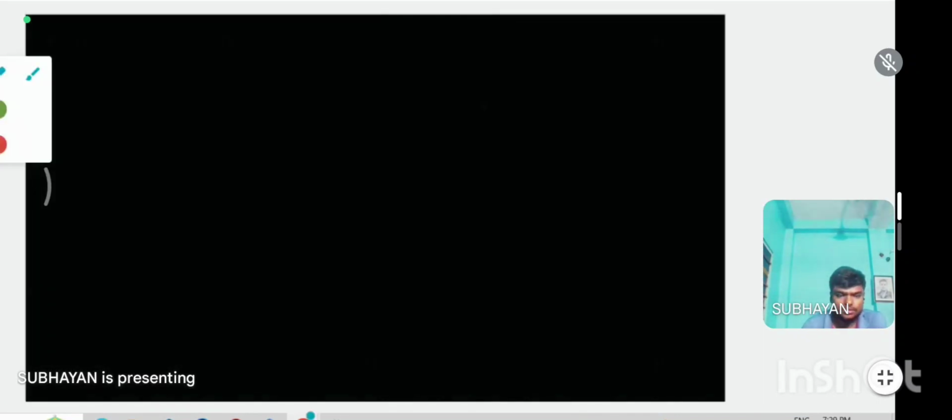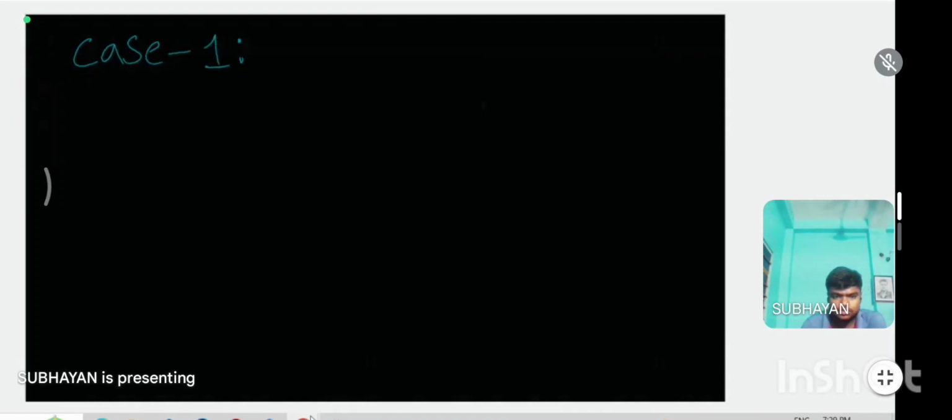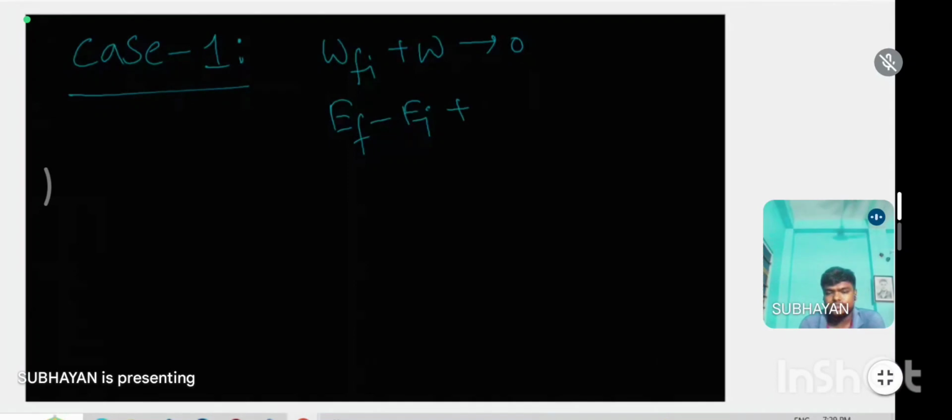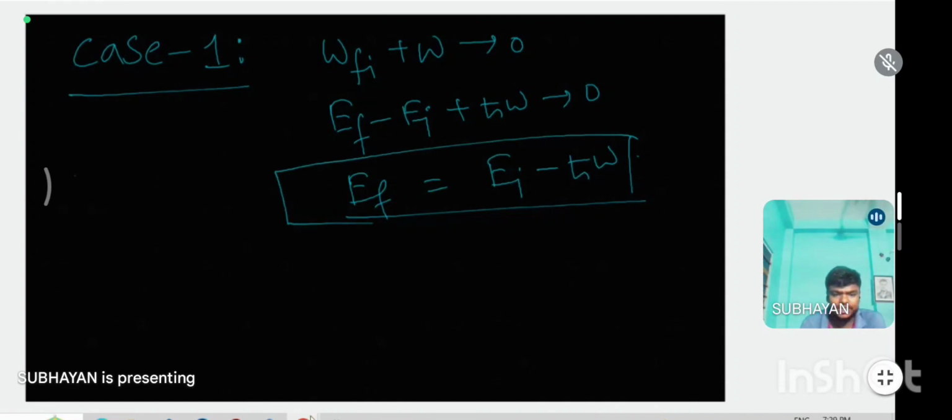So case one, omega fi plus omega tends to 0. This means Ef minus Ei plus h cut omega tends to 0. Then Ef is equal to Ei minus h cut omega. That means Ef is less than Ei, the final state energy eigenvalue is less than the initial energy eigenvalue. In this case, the first term will dominate. So generally, this corresponds to the emission, because the transition is from the higher energy level to the lower energy, which means it's emission. Whenever a particle,